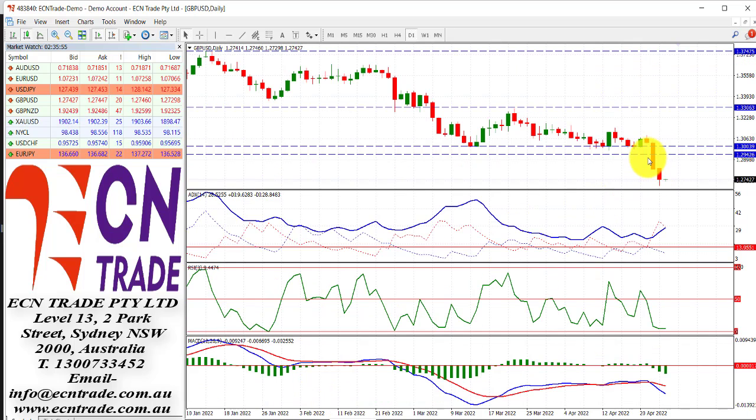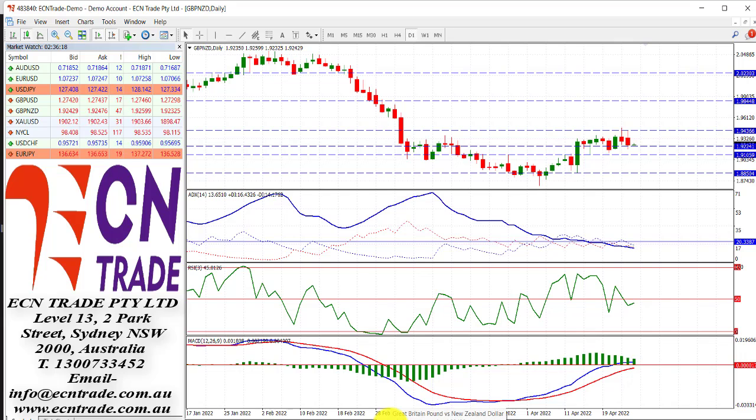Sterling took heavy casualties on Friday and Monday, and for the moment I'm going to sit out and see how the market plays into the start of this week. It's a little bit hard to get negative when the markets are getting somewhat oversold, and especially sterling. So I'd like to see first of all if we can get any kind of retracement or bounce from current levels.